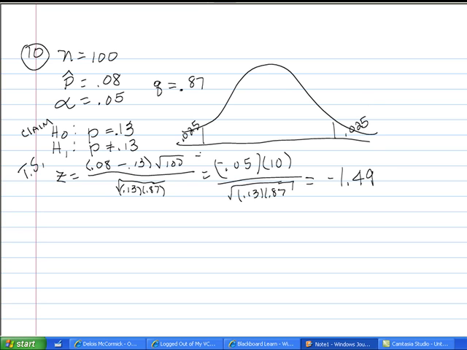So negative 1.49, here's our critical region, and here's our critical region. It does not fall in the critical region, so we fail to reject. So that means for us, we're failing to reject. The original claim includes equality, and we fail to reject. There is not sufficient evidence to warrant rejection of the claim